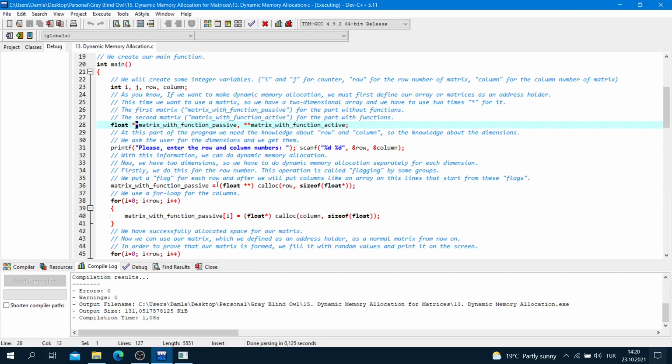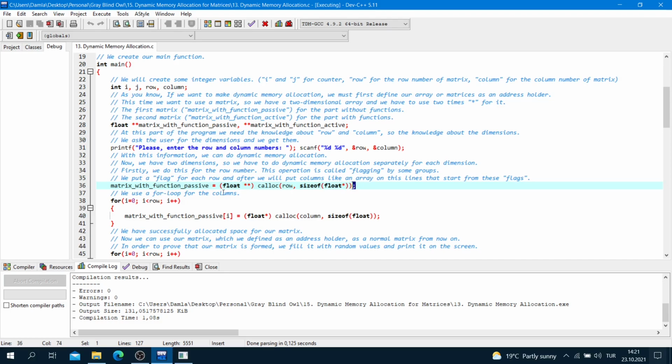And float pointer, calloc, row, comma, sizeof float pointer, because we put a flag and a flag has one dimension, so we have to use one reference sign, and semicolon.